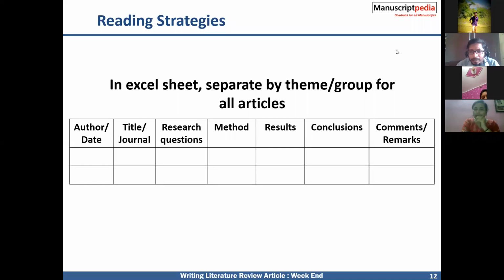In commerce or MBA faculties, they will mostly rely on statistics. So mainly what method they used, what comparison they made, and how the results turned out. Depending upon the topic, it will change. But this is the common way you can create the Excel sheet, and as per the theme, you can separate it.